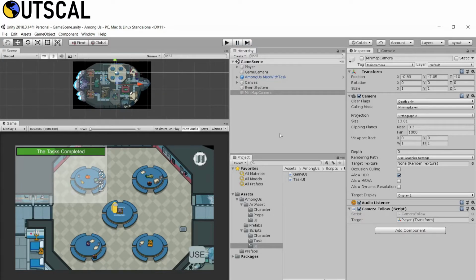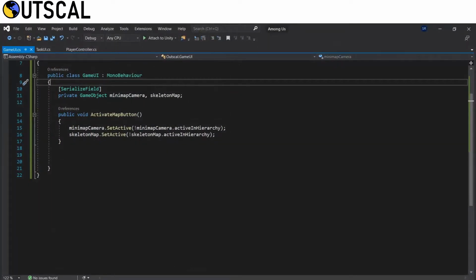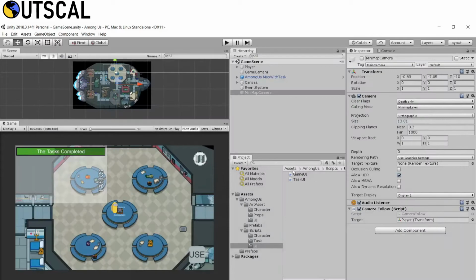Okay, it is resetting. Okay, our minimap camera script, okay, got it. So guys, we have this camera follow script attached to it. Let's remove it because we duplicated our game camera, so it got all the things which it had. So let's remove the script, remove this audio listener because we only want one, and let's try now.